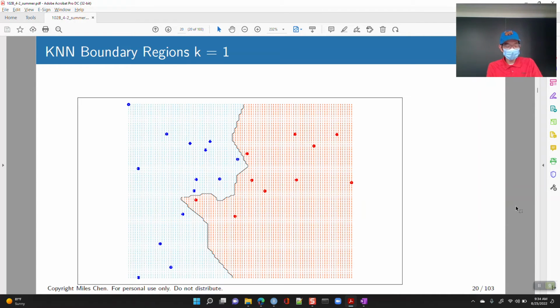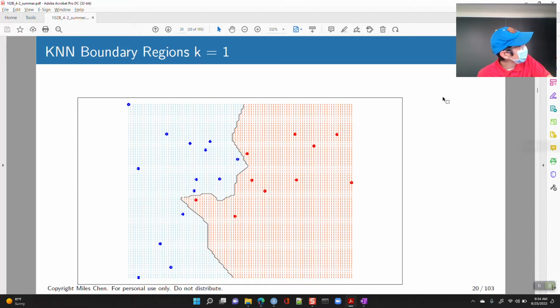Okay, so here I just want to show what happens when you change k, as far as drawing these boundary regions. I've drawn these boundary regions. How did I draw them? The way this works